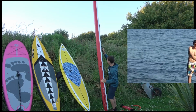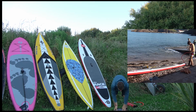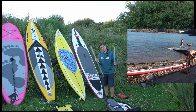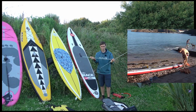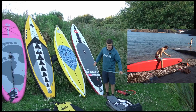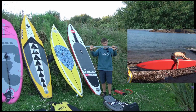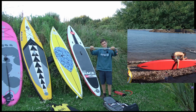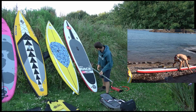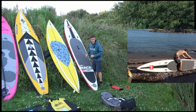which you can't really see on the camera, but I'll just put this down again and I'll show you what goes in that hole. So what they have on these Red Paddle Co boards is these battens like this, which initially you think they're a bit floppy, probably don't give you a huge amount of rigidity. But as a mechanical engineer, I can tell you in this plane, which is the plane that they're flexing in, they're extremely stiff. They don't sit on the board like this, but they sit sideways, and that really makes a difference. So they sit up around about here where you stand,